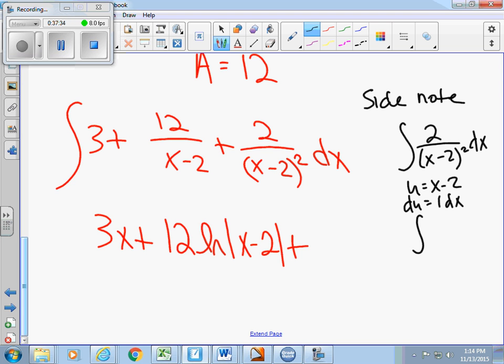And so I get the integral of 2 over u squared du. And you see why it's not a logarithm, right? Because it's u squared instead of just u. And what would you call 1 over u squared instead? You'd have u to the -2. And you'd add 1 to the power and divide by that new power. If you add 1 to -2, what do you get? -1. So you get 2